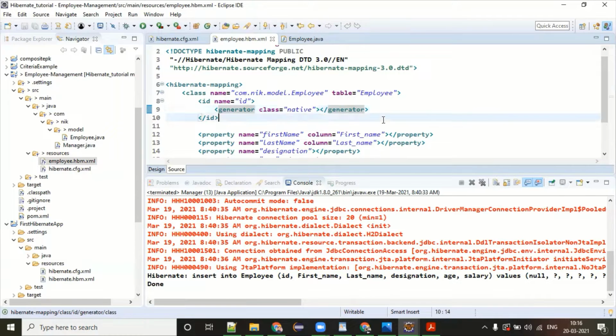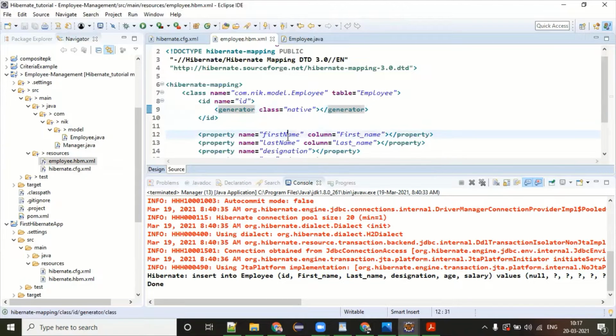So Hibernate gives you the option: you can use your own unique value, or you can let Hibernate give a new value to your primary key every time. If you give native as the generator class, Hibernate will create a sequence internally and pick up the primary key value every time to feed this ID.